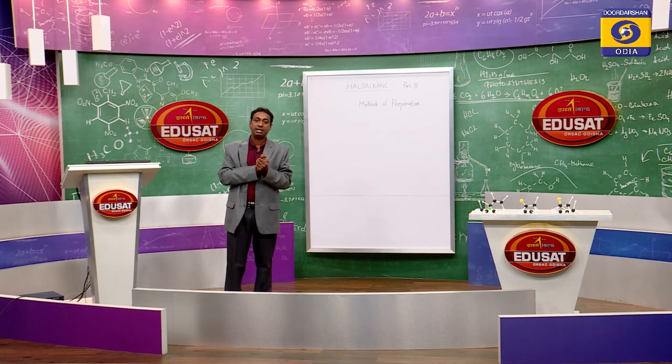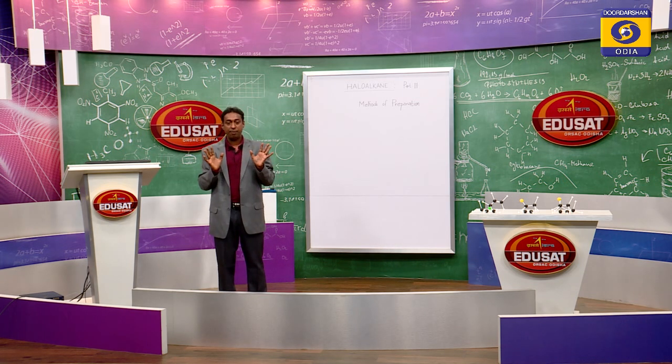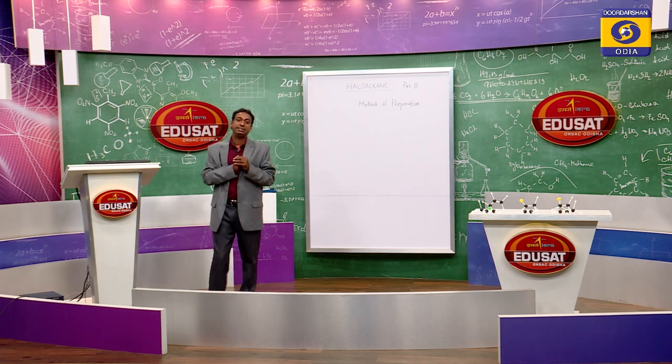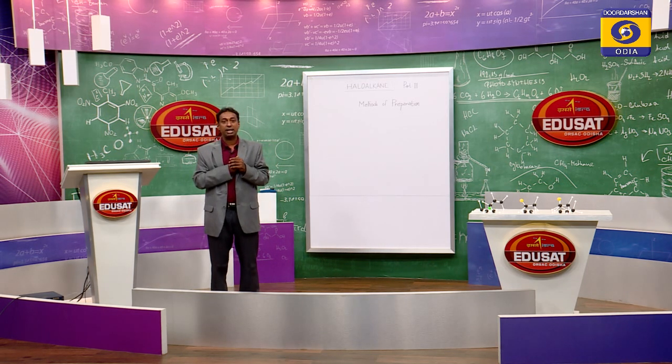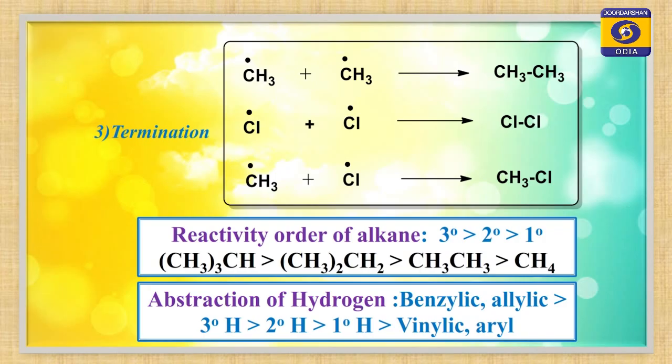So hence I can say this is not a good method to prepare only one alkyl halide, because in this case you are getting a mixture of products due to subsequent halogenation by free radical mechanism. Now students, the question arises, which alkane reacts faster by this free radical substitution mechanism? Remember students, the reactivity of alkane is in the order 3 degree carbon, then 2 degree carbon, then 1 degree carbon.